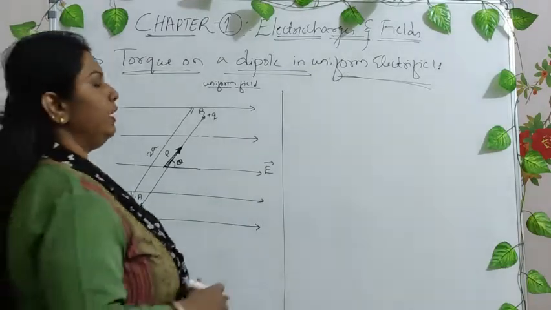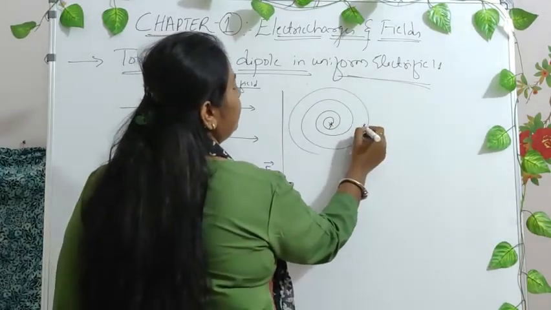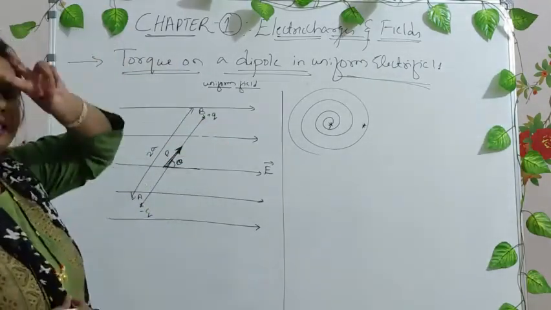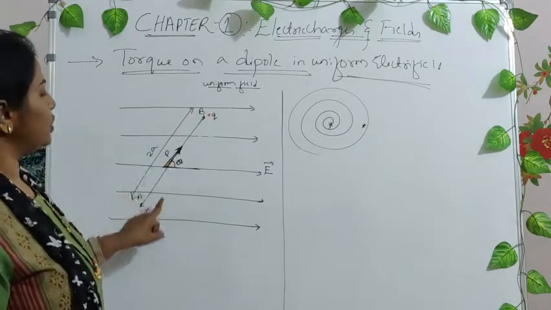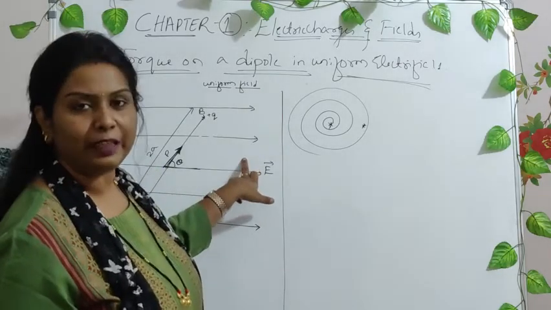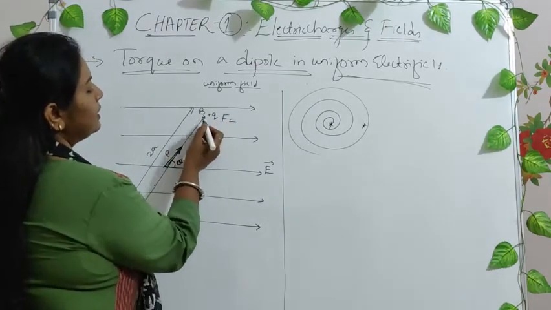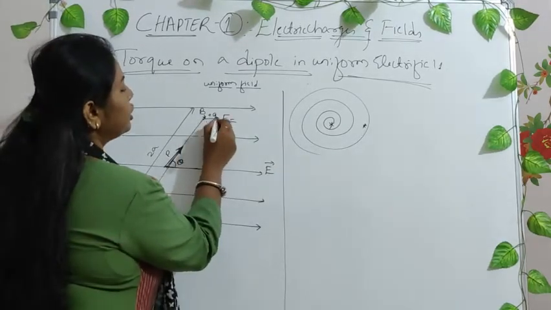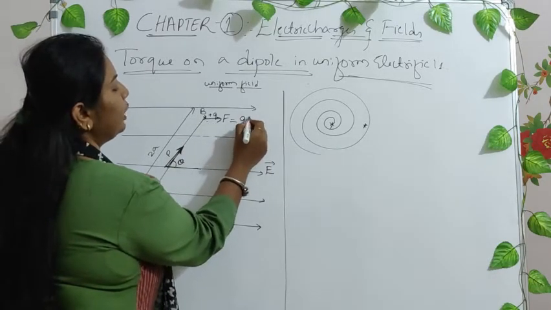Now I said in the very first classes that if we have a charge and some electric field lines, any charge coming into this region will experience some force, right? And exactly the same thing happens here. This is a uniform electric field and these two are the charges. When these two charges are placed in this fashion, they experience some force due to the uniform electric field. Now what is the force exerted on this positive charge? The force on the positive charge will always be in the direction of the electric field. For example, the force is q into E.